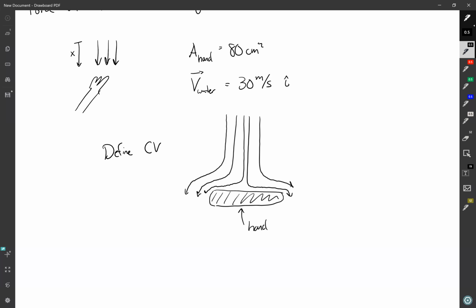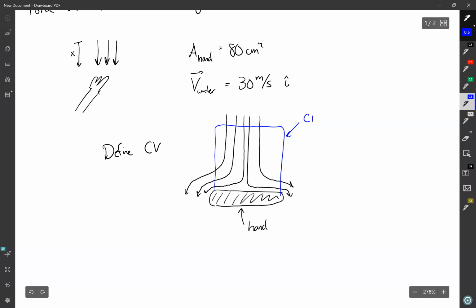Okay, the control volume is going to be where this velocity change is actually taking place. So in this case, it's actually a pretty good estimate that it would be this region of space right here as our CV, and we would have 2